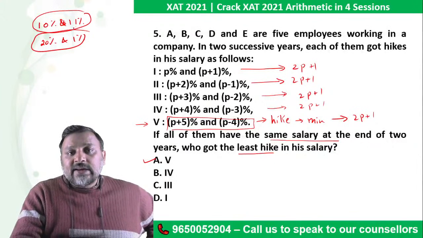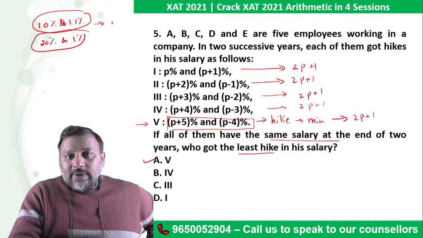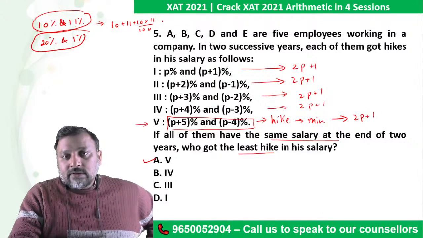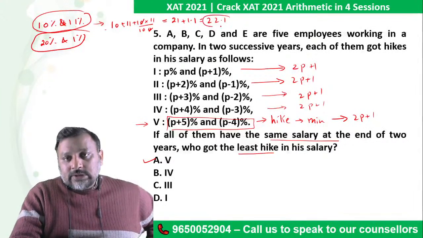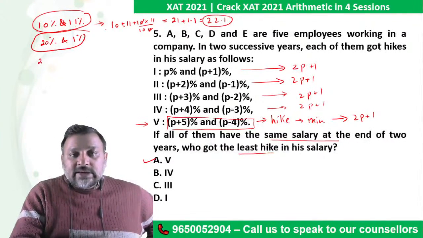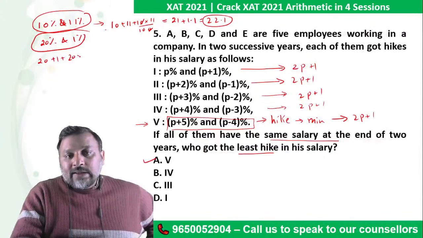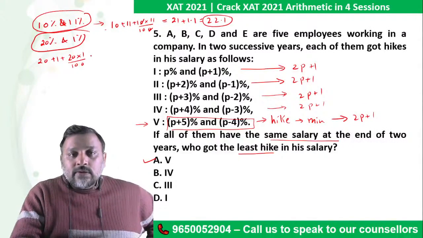The resultant increase in this case would be 10 plus 11 plus 10 into 11 by 100. This is how we find the resultant. Okay, so which is 21 plus 1.1, that is 22.1%. And in this case it is 20 plus 1 plus 20 into 1 by 100, which is 21 plus 0.2,